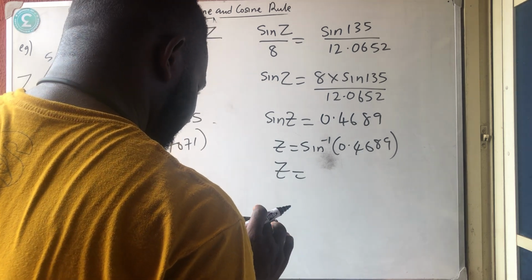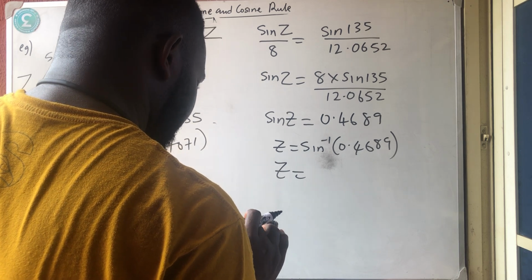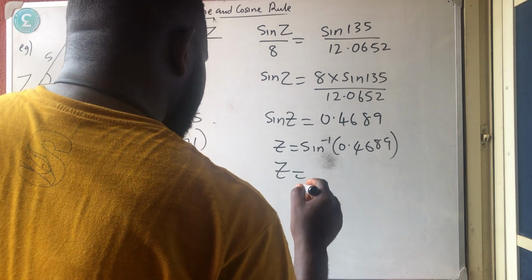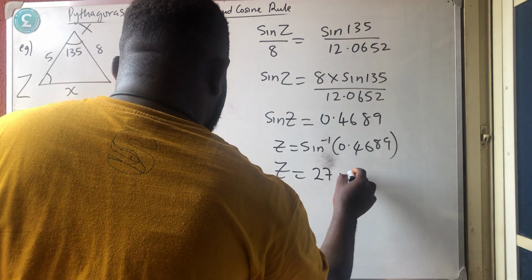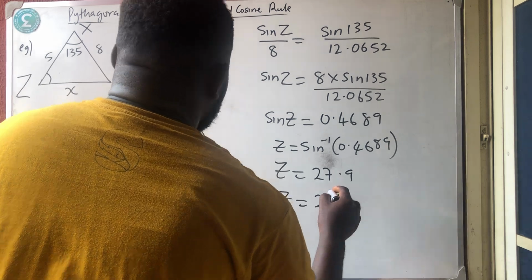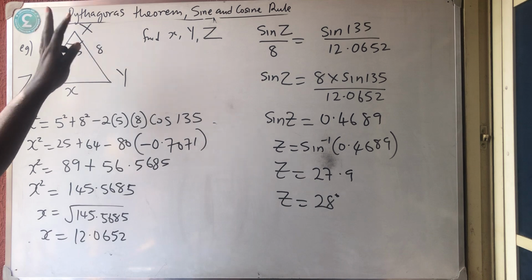Sine inverse of 0.4689. So I'm having 27.9, so approximately 28 degrees. That is my z. So if your z is 28 degrees, we know that the sum of angles in a triangle